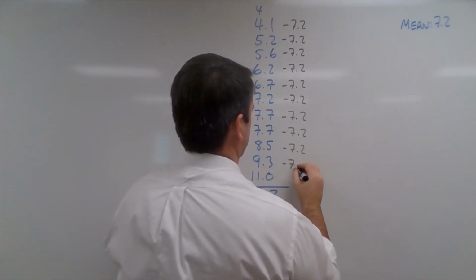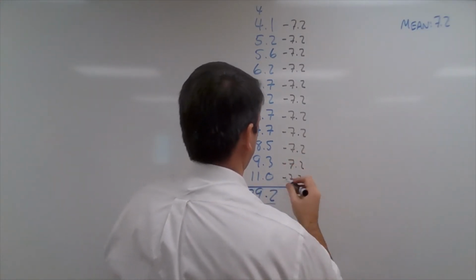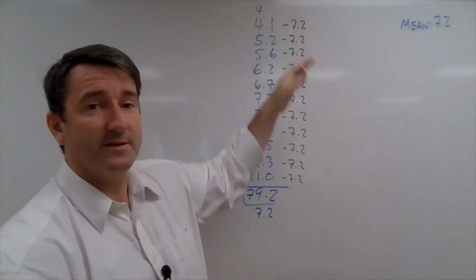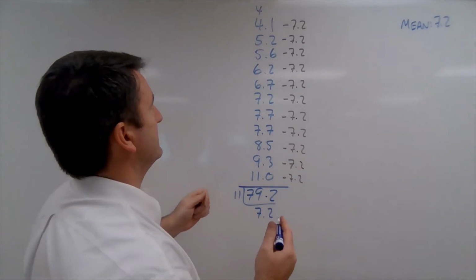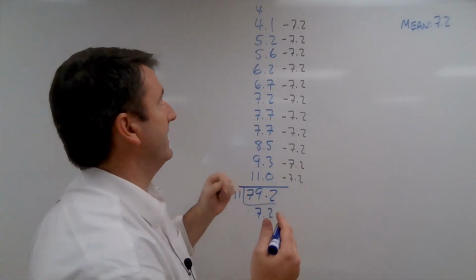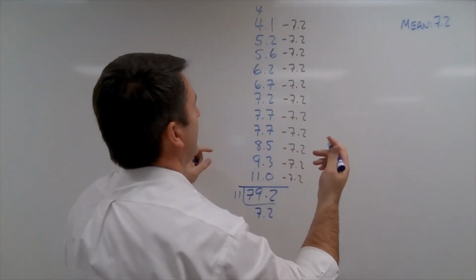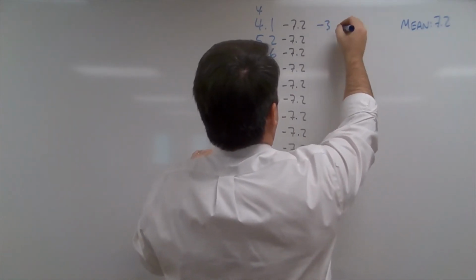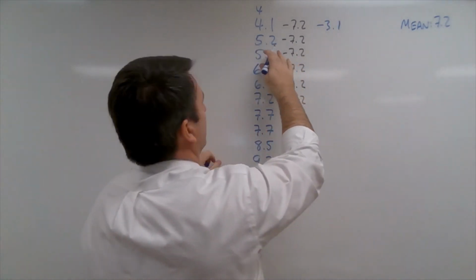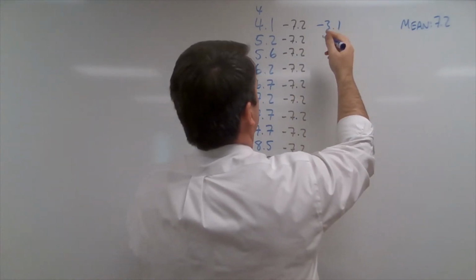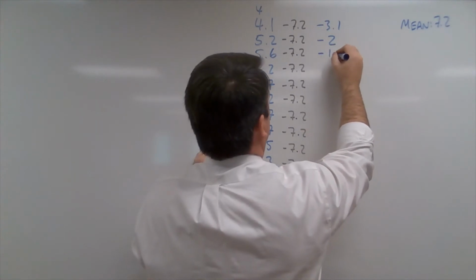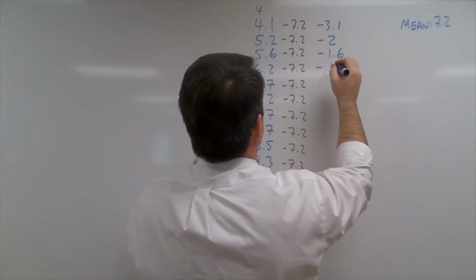Oops. 7.2 minus 7.2. Okay, now that will give us the deviations from the mean for each of the data values. So 4.1 minus 7.2 is negative 3.1. 5.2 minus 7.2 is negative 2. And then we have negative 1.6, negative